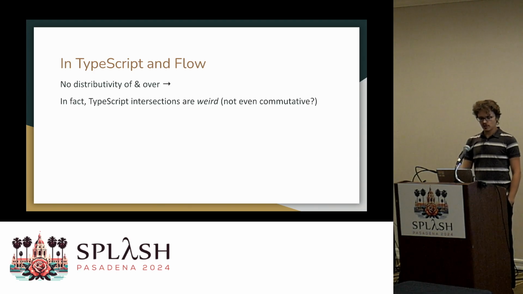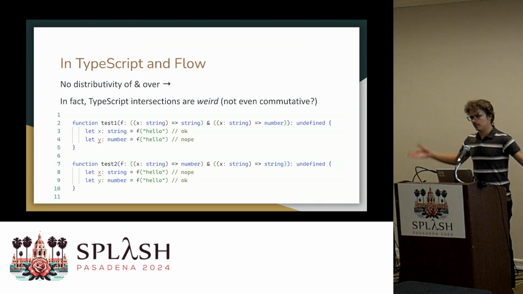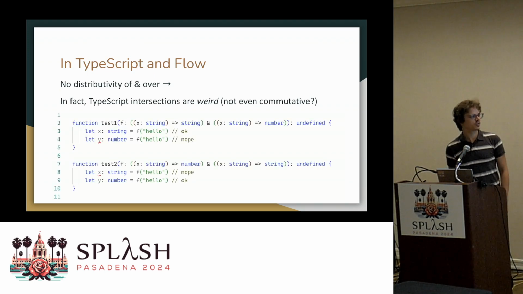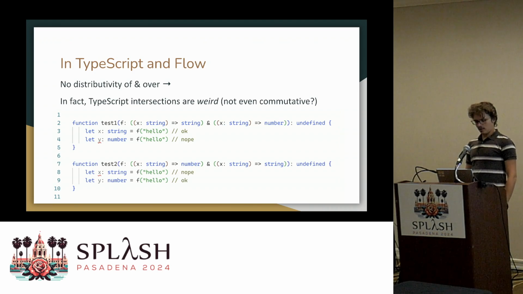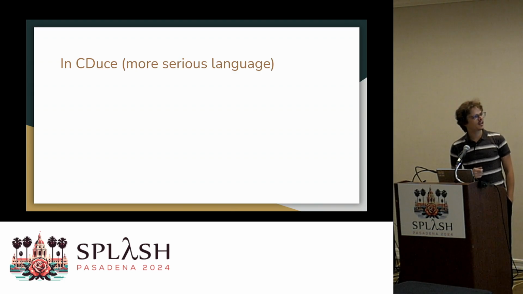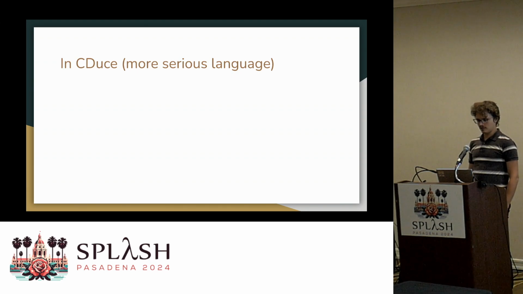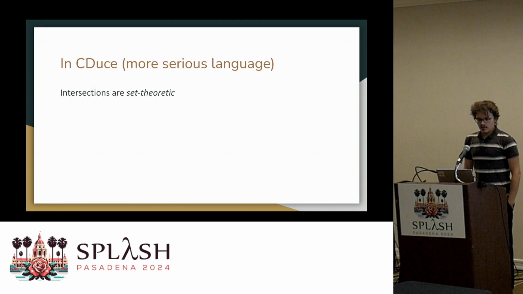So in TypeScript, you don't have any distributivity. So actually, it takes the first option. And actually, in TypeScript, you cannot really say anything because unions are just weird. They're not commutative, right? You cannot swap the components of a union and have the program still type check in all cases. So maybe let's not talk about TypeScript. Let's talk about a more serious language with similar capabilities. And this would be, for example, CDuce,